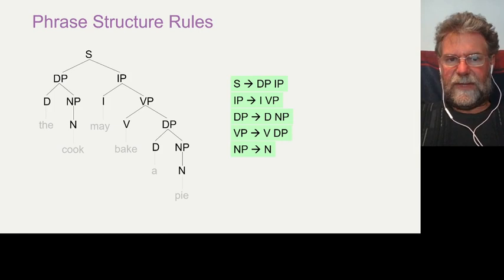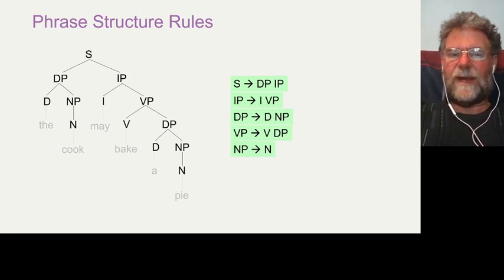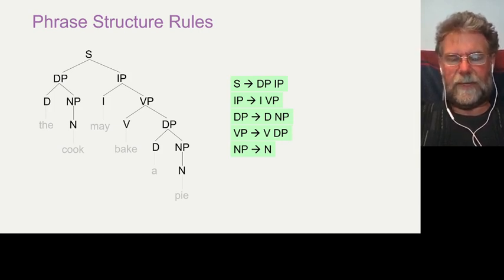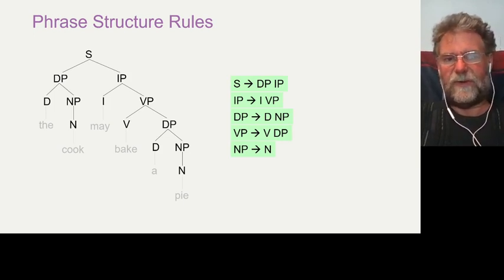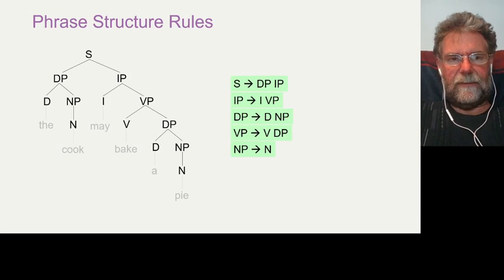A set of these rules then we call a phrase structure grammar. Okay, so a set of these rules would constitute the knowledge, as it were, of how we put words together to form these kinds of structures. Now, how can we extend this? Well, let's look at some other